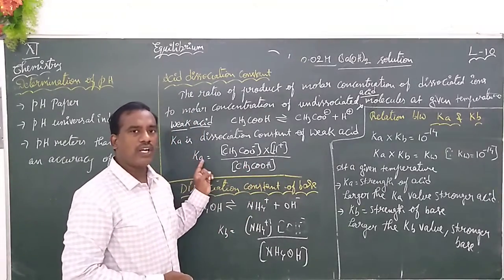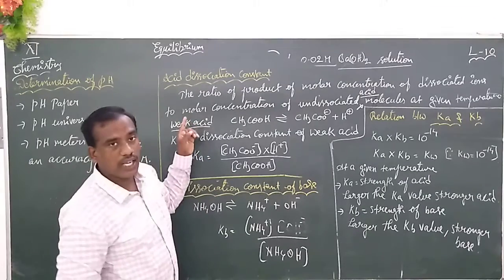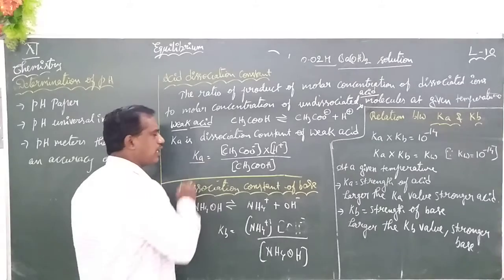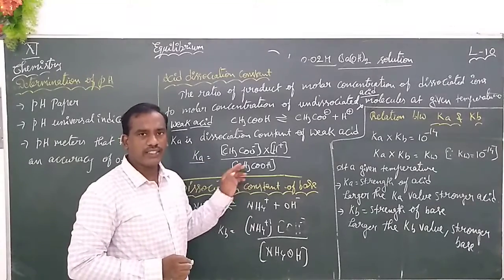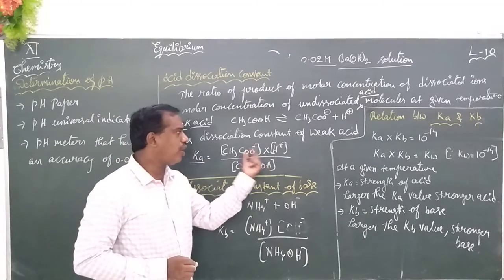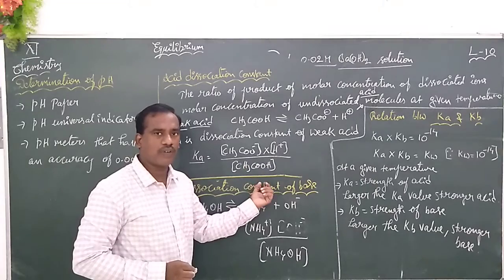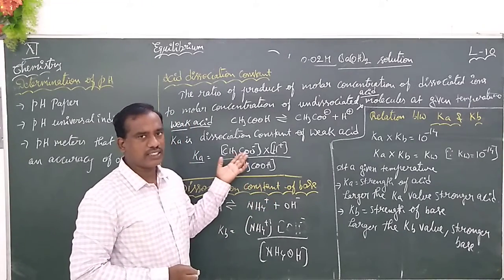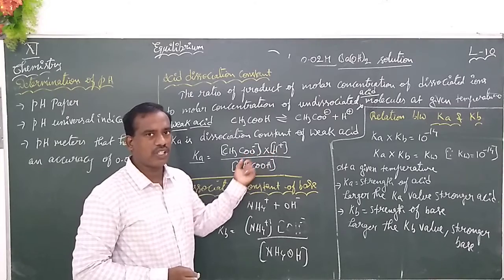Product means multiplication. The acid dissociation constant, Ka, is equal to the ratio of the product of concentrations of products upon the concentration of the reactants. Here, CH3COO minus and H plus are the products, and the reactant is